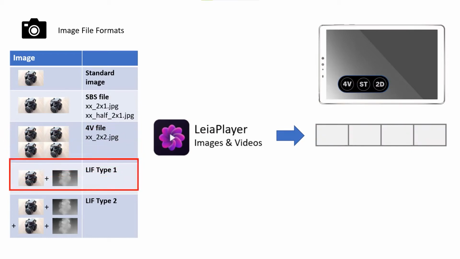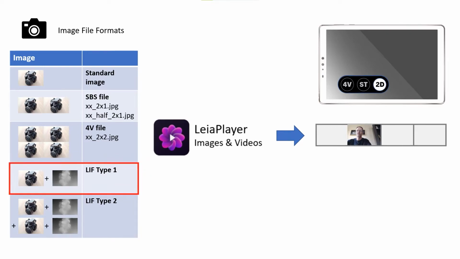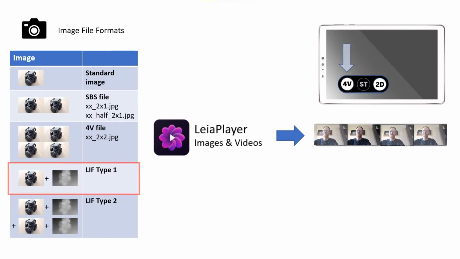Okay, the next format that we're looking at is this Leia image format type 1 that we've been talking about. And the way to generate that type of file is by doing a 2D to 3D conversion. And once you've converted it, that file type then allows you to generate all 4 views. So it has the 2D view, obviously, because you have one image, and it allows you to generate the 4 views using the depth map. Of note here again is that it does not give you the option of looking at that in the ST mode,